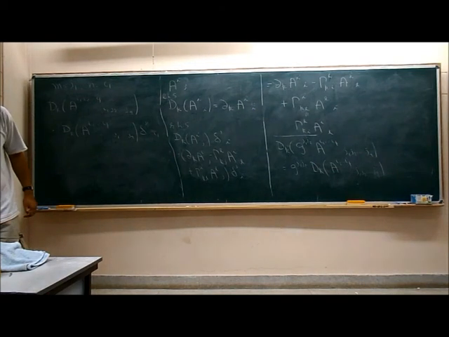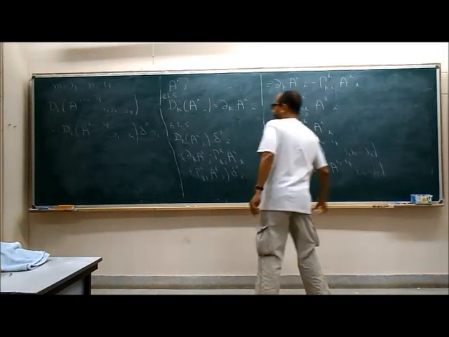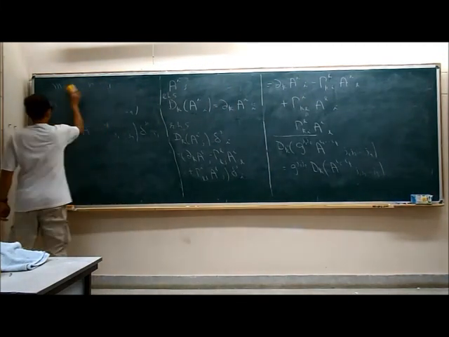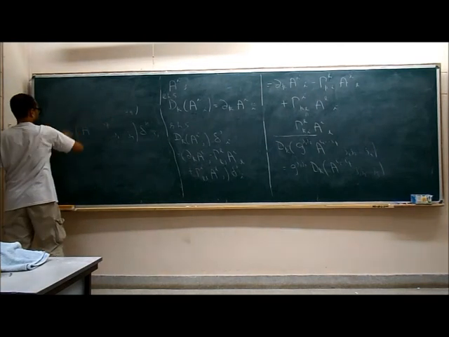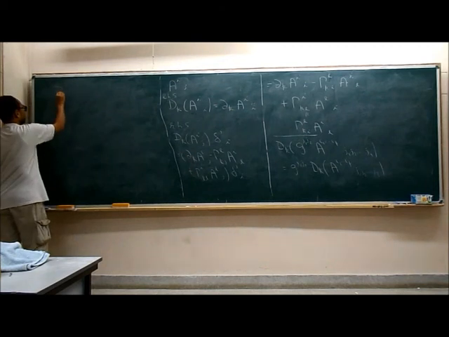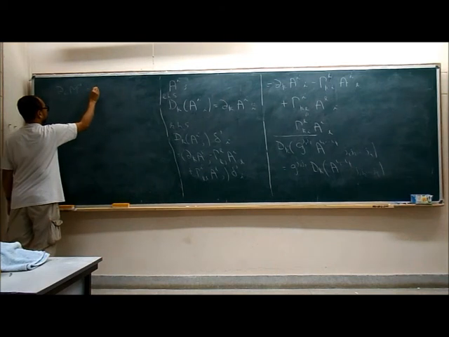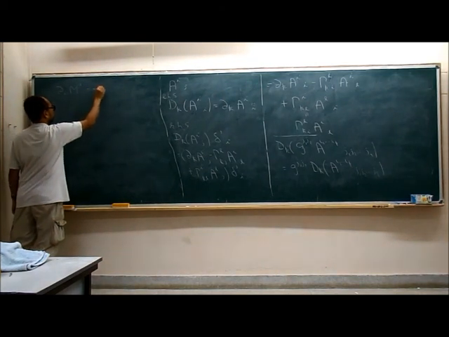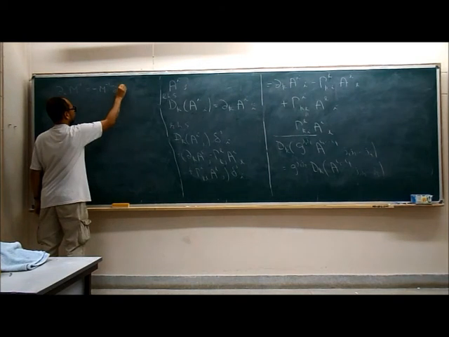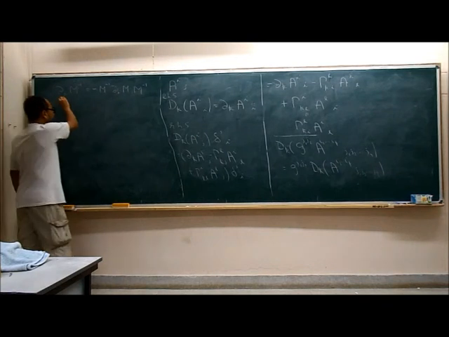So one result you used was that del_i of g inverse is minus g inverse del_i g g inverse. Yes. So how do you see that? Okay, so this is true for any matrix. The claim is that for any matrix M, del_i of M inverse is minus M inverse del_i of M M inverse. Okay, so let's try to prove this.